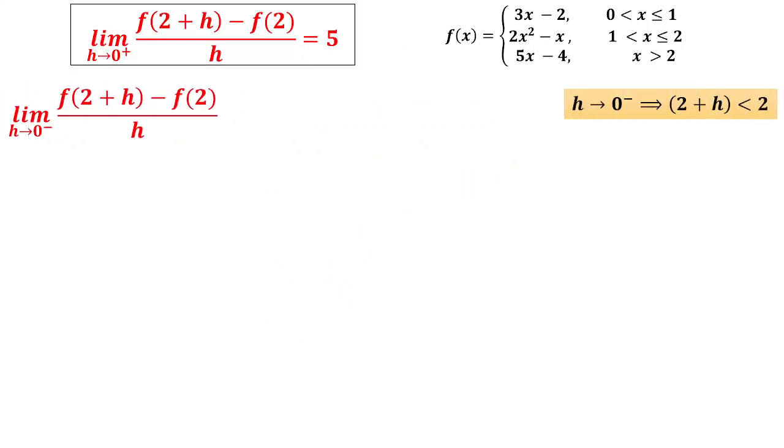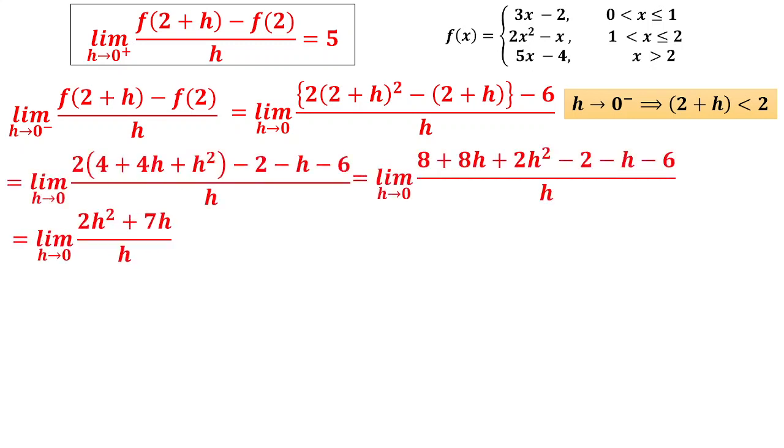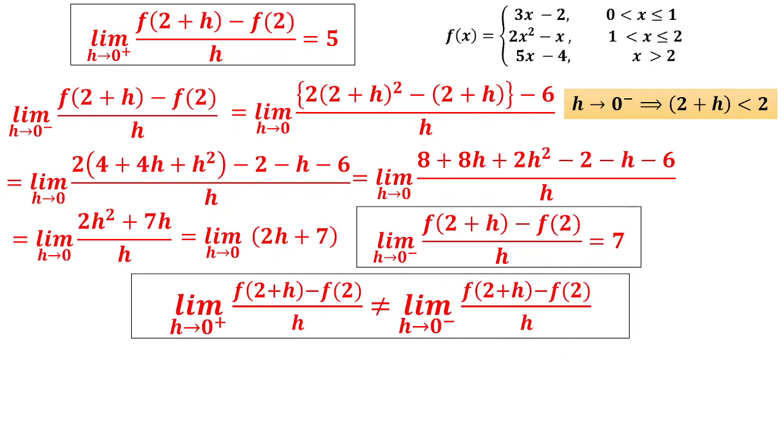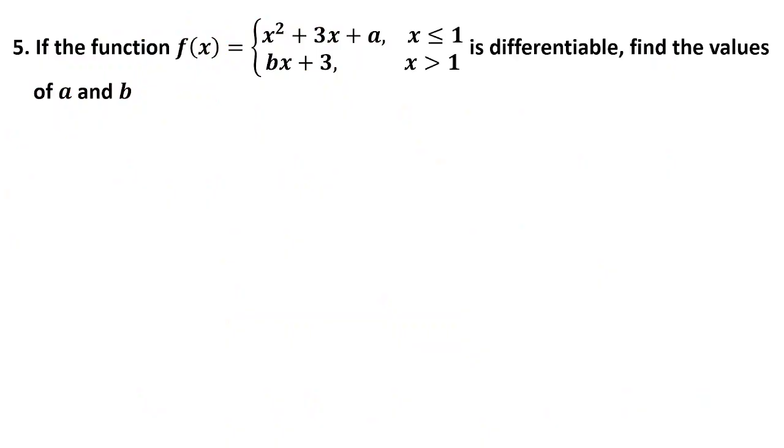Here once again, h goes to 0 minus means 2 plus h is less than 2. Which function to be taken? Opposite, it is 2x square minus x. There we have 2 into 2 plus h the whole square minus of 2 plus h minus 6, because f of 2 is 6. Simplify and you will get the answer as 7. Therefore the limits are not equal, therefore not differentiable at x is equal to 2. We have proved that the function is continuous at x is equal to 2, not differentiable at x is equal to 2. Let us go to the next question where we have to check the function is differentiable but find